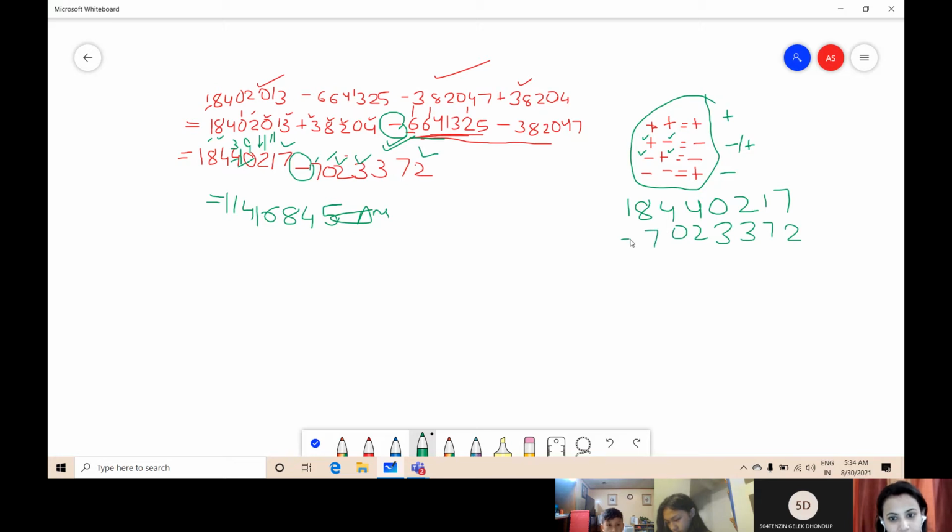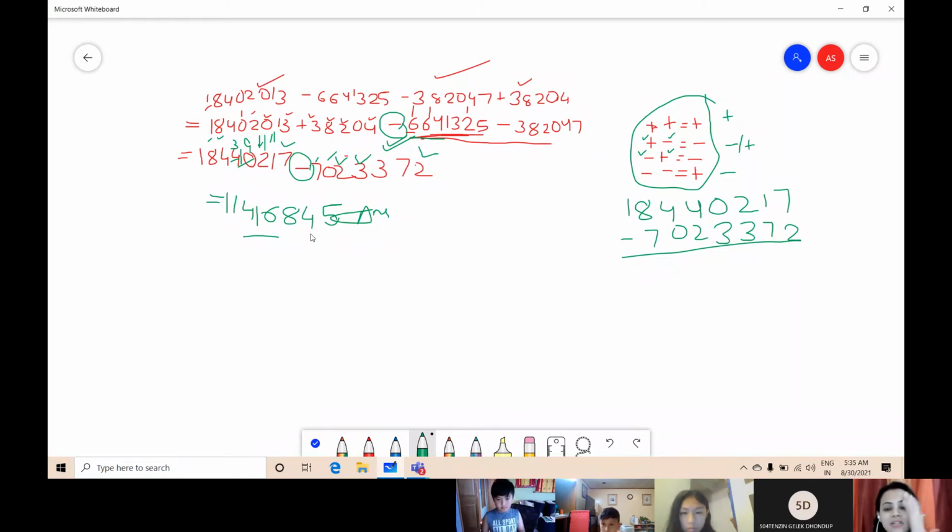You can make the column like this and now you can subtract and write down the answer here directly. So there are two methods, but in between you will not solve. In the simplification question, in between you will not solve. You have to just write down the answers only. You can solve in the rough and note down the answer here, or if you want you can directly write here, but you will not solve in between.